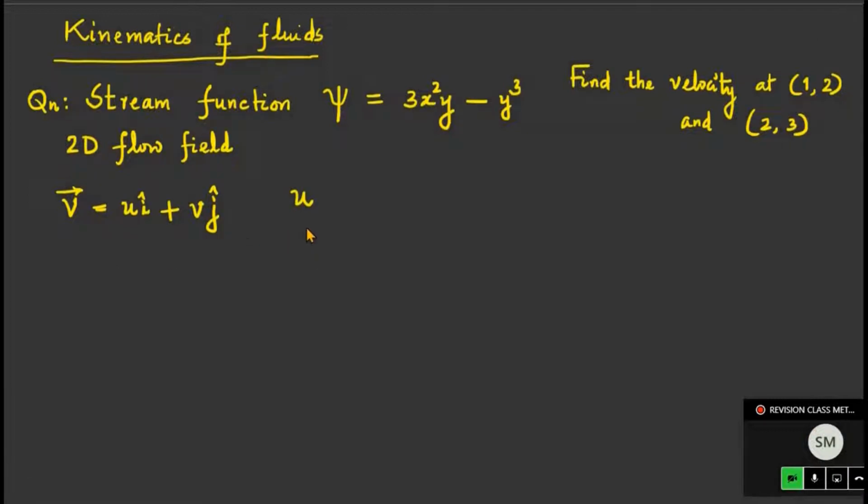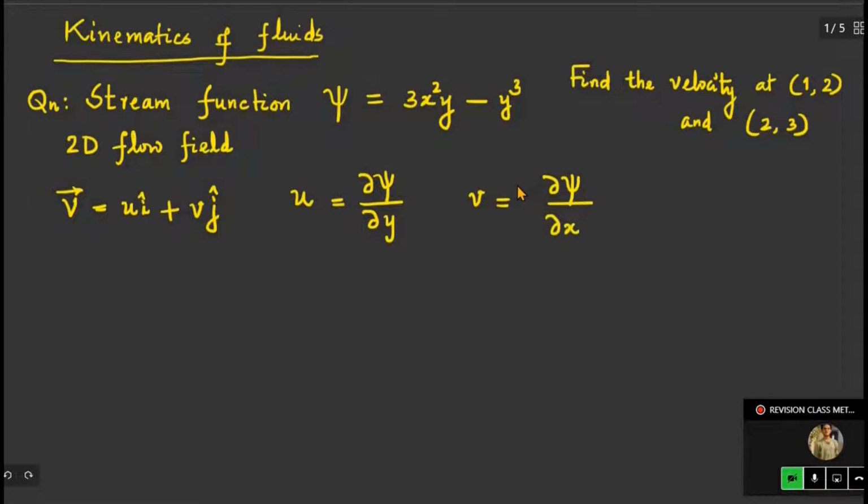This is the velocity vector. So each component of velocity is equal to the partial derivative of the stream function. In order to get the velocity component u in the x direction, take the partial derivative of the stream function with respect to y, that is by definition. And then v, the y component of velocity, is minus the partial derivative of the stream function with respect to x coordinate.